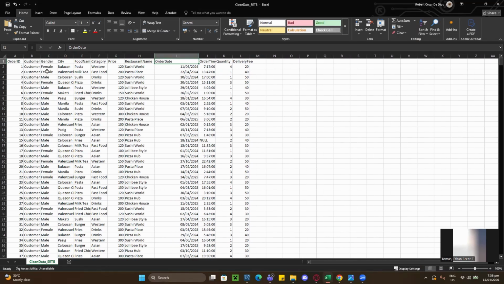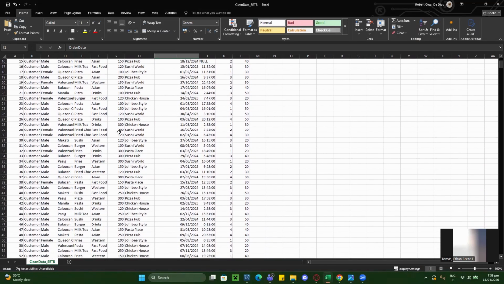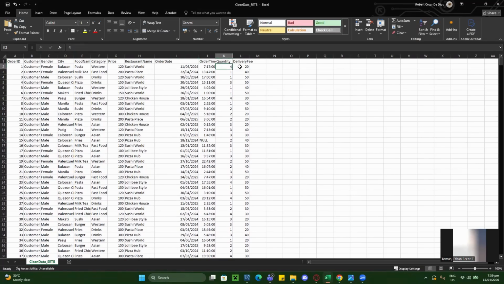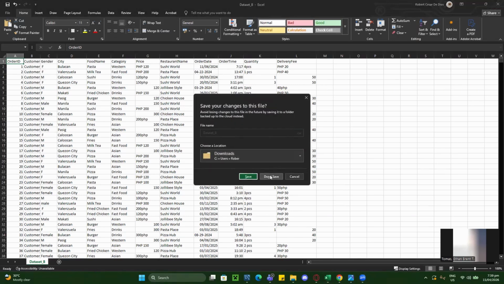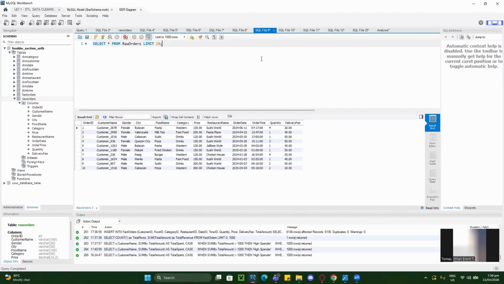All the genders are female and male. There are no one letters. For the prices, there are no more pesos. It's only numerical, same with quantity and delivery fee. So now, since we're done with cleaning the data types, we can continue with getting the data warehouse and